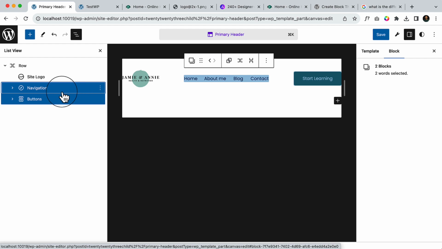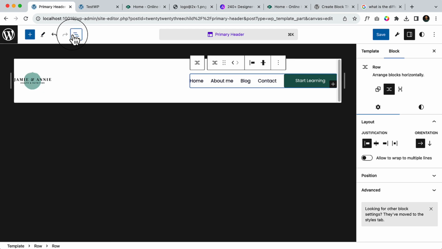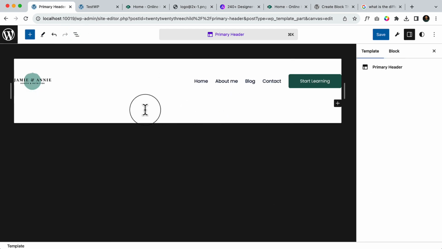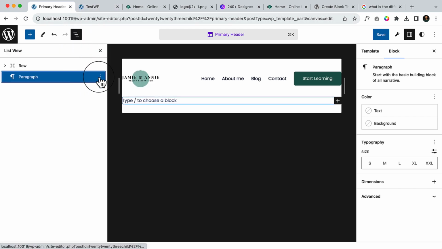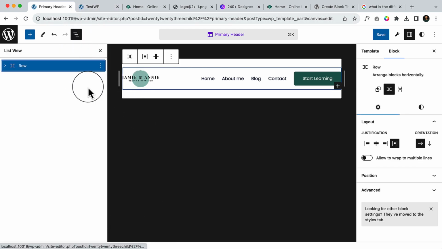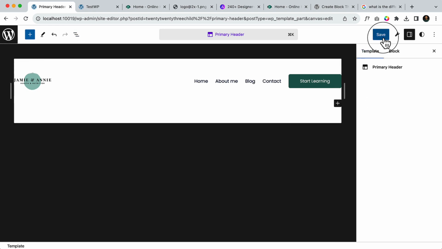So I have selected the button and navigation, and I can make this as a group or I can make this as a row. Let's select row. So as you can see now, it looks like this. So we have successfully created our header that is similar to the one that we wanted, right? It looks like this. Click Save Changes